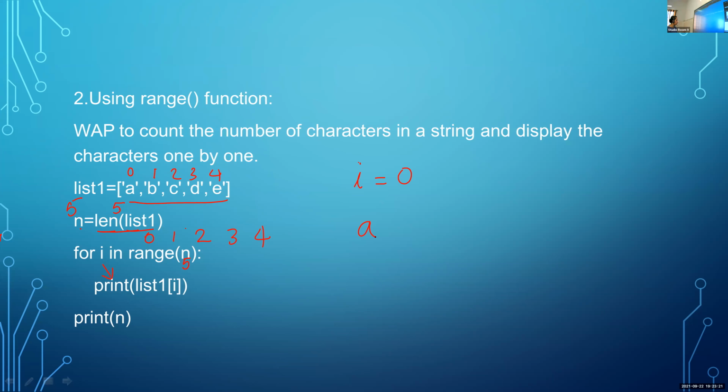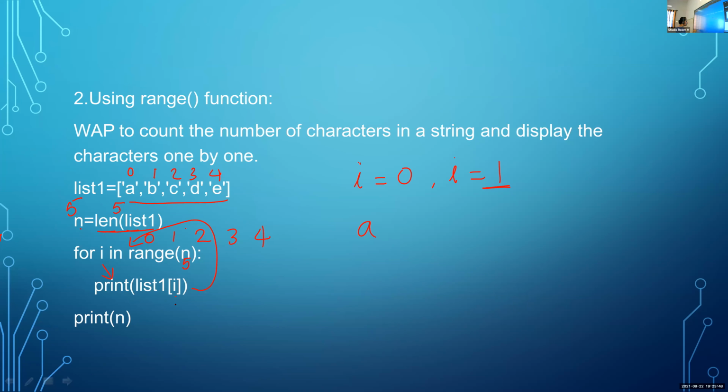After that, the control moves back to the for loop and the next value, that is 1, is assigned to I. So next time the value of I is 1. Then it will execute the same print statement, but here list 1 of I means, here the I value is 1.